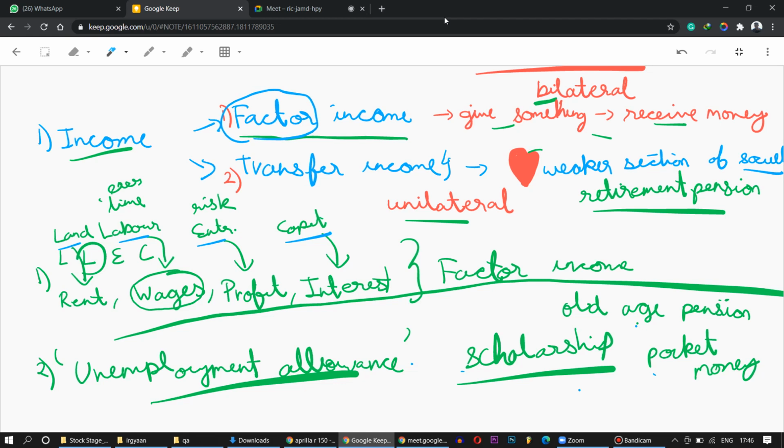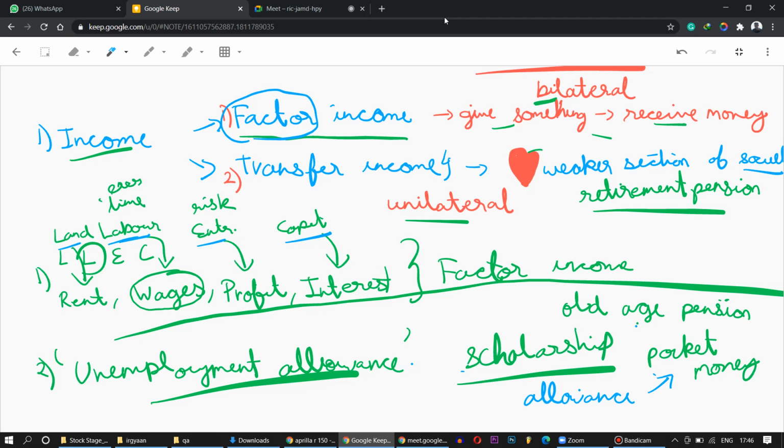Scholarship money is not rent, it is not wages, it is not profit, it is not interest. It is an allowance. Allowance is like pocket money. And yes, I understand that person had to work very hard, but that doesn't come under labor. It was not labor for someone else. He did not take any risk for himself in a business world. He did it for himself in the educational world.